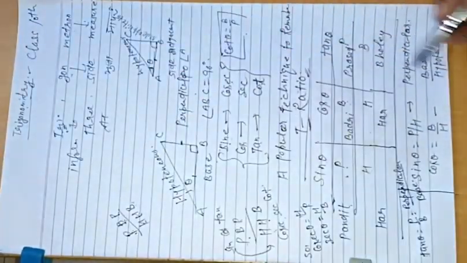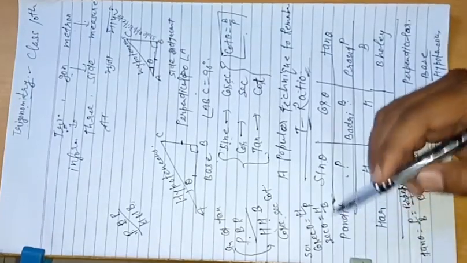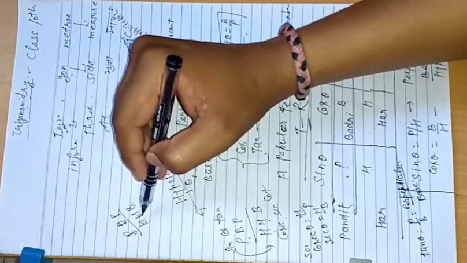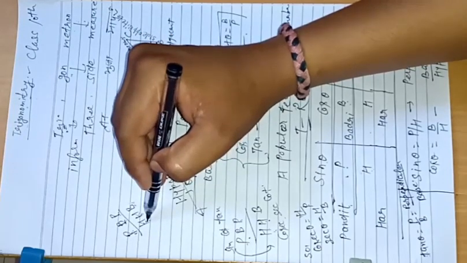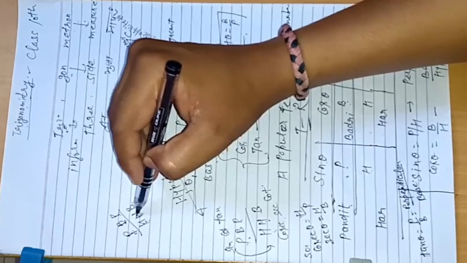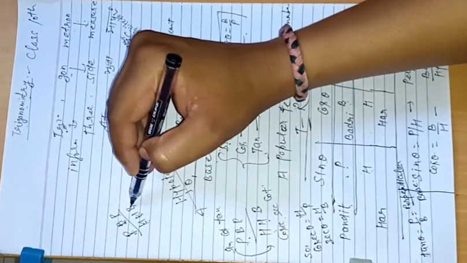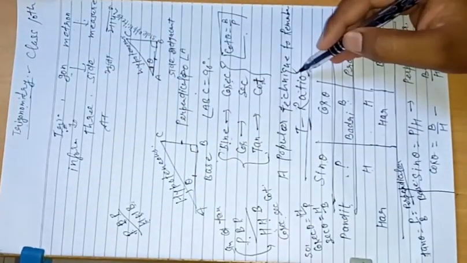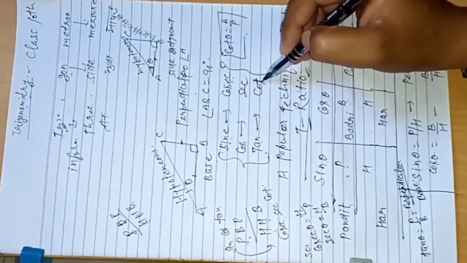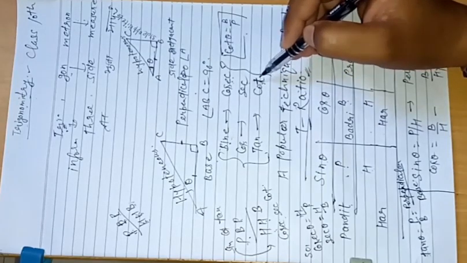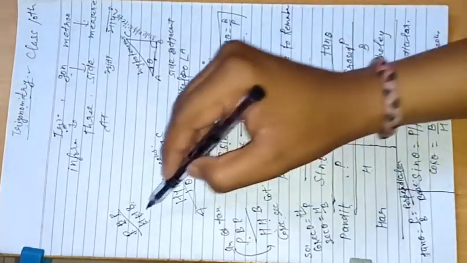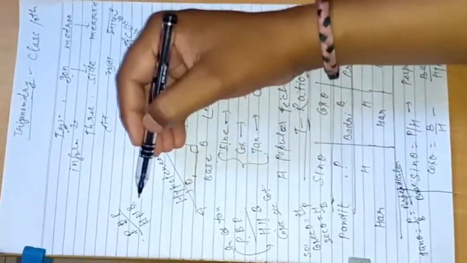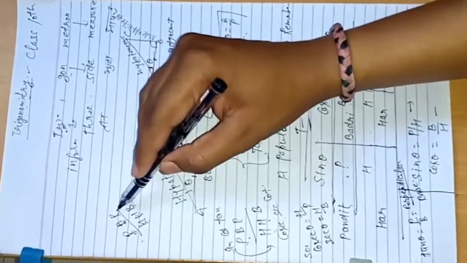So here we find a technique to remember T ratio. Pakistan bhuka pyasa, Hindustan hara bhara, and P by S shows sin theta, B by S shows cos theta, and P by B shows tan theta. Also the reciprocal of it, sin theta, cos theta, tan theta is equal to cosec theta, sec theta, and cot theta. And the ratio of cosec theta is equal to S by P, sec theta S by B, and the ratio of cot theta is equal to B by P.